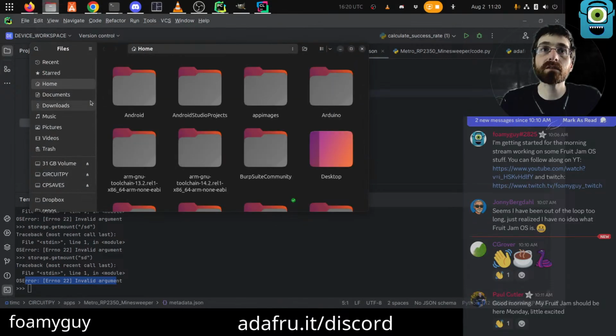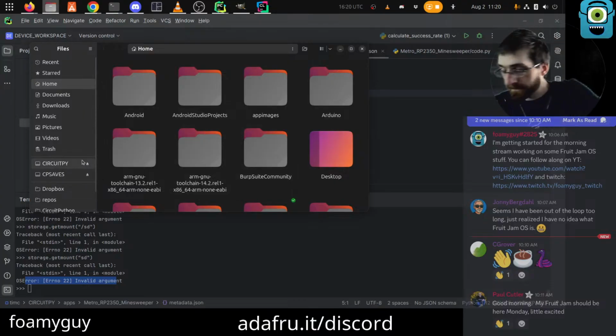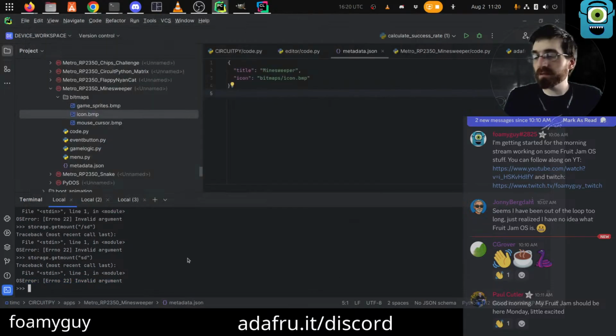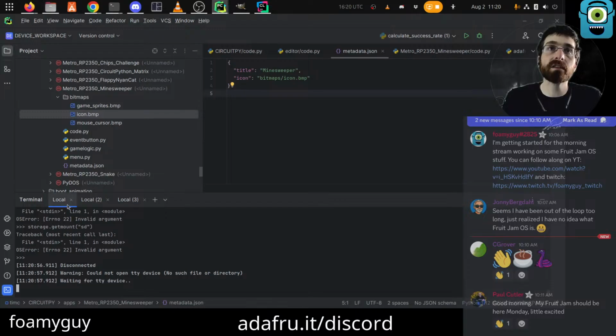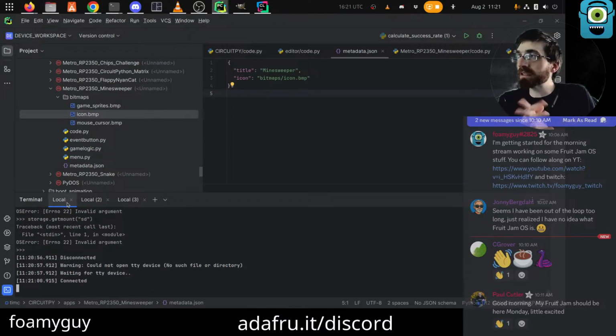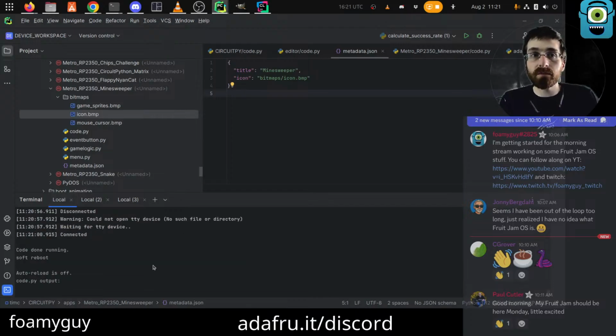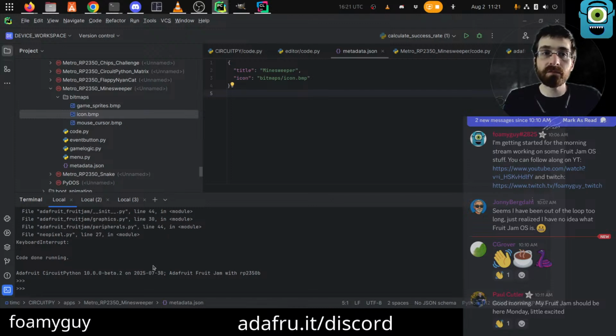Oops, I didn't want to do that. Mount that from the computer. So I'm going to plug this SD card into the Fruit Jam. I'm going to hit the reset button because I'm not sure if that's hot pluggable like the keyboard is. We could test it, I guess, but I'm usually a just start from a fresh thing type of person mostly. Okay. Back to the REPL. So now what happens if we run this?